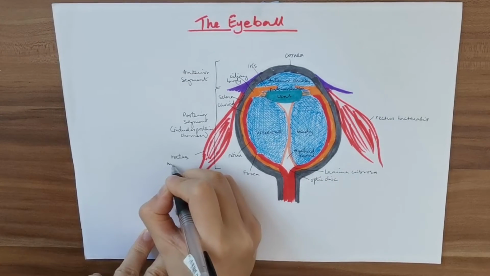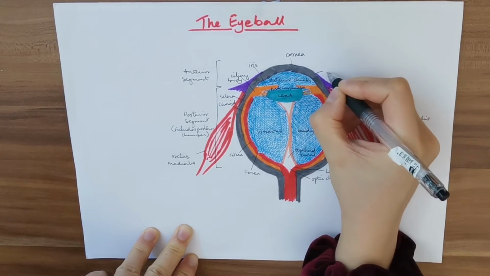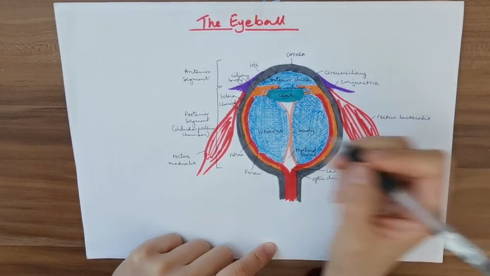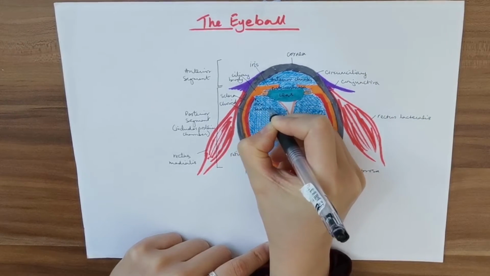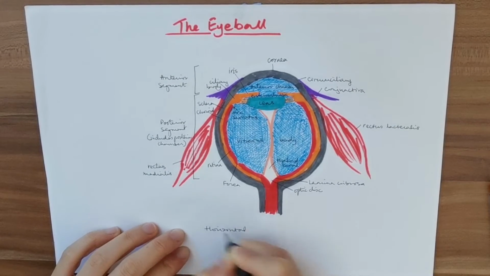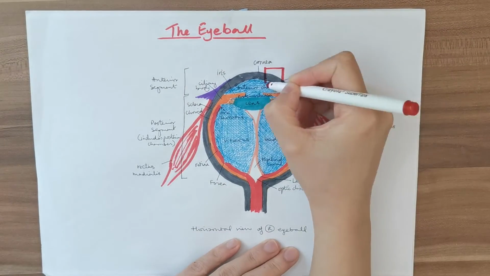Here in purple is the conjunctiva, and the junction between the conjunctiva and the cornea is called the circumciliary. On either side of the eyeball you can see the medial and lateral rectus, which turns the eye medially and laterally respectively. So now looking at the cornea in more detail, there are 6 layers in the cornea, and